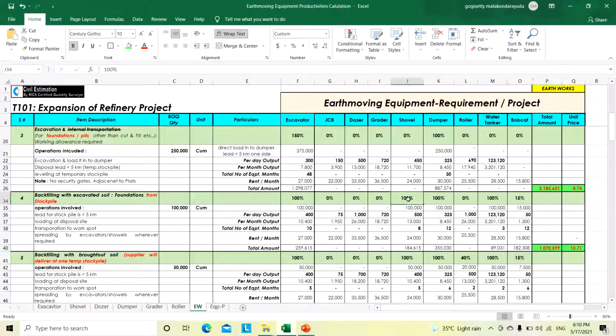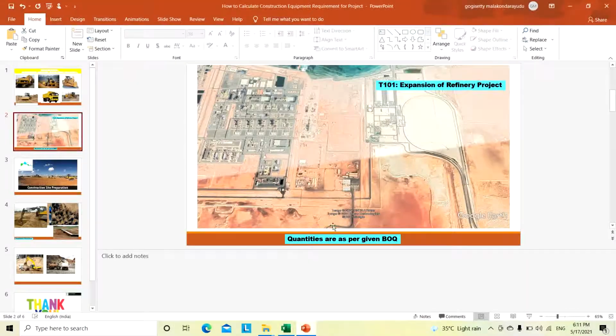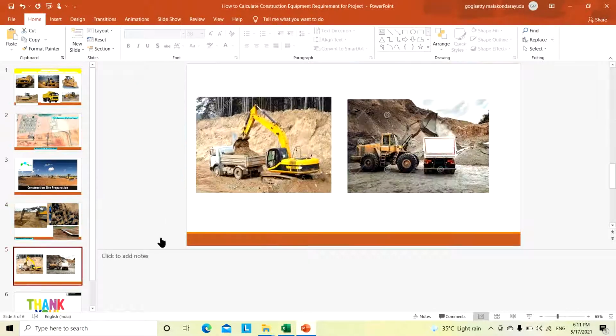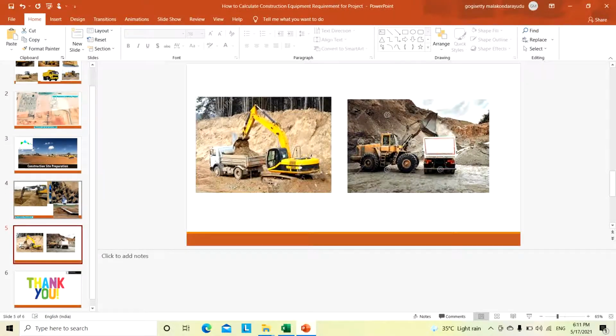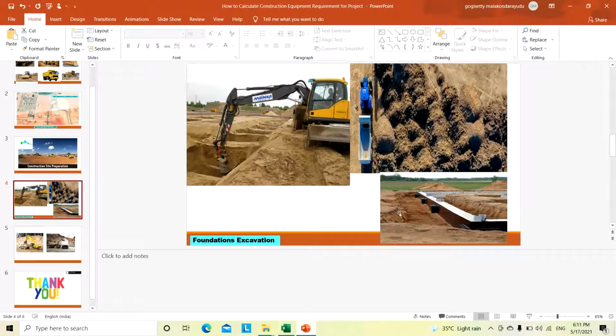Also, for loading a shovel is required 100%, to transport the soil a dumper is required 100%, and 100% for spreading. After bringing the soil by dumper, the dumper could not spread 100%. So the dumper will load here and unload here, and by the excavator we want to spread the soil along the foundations.